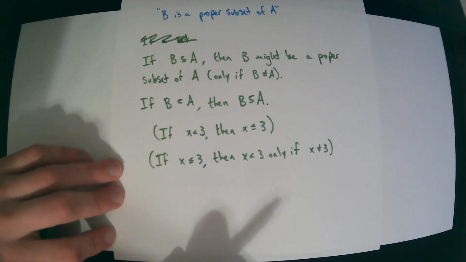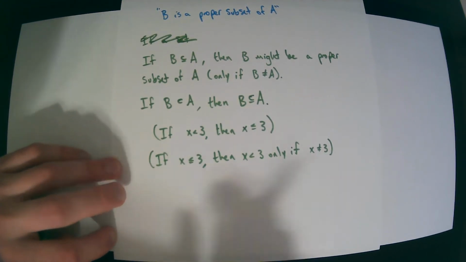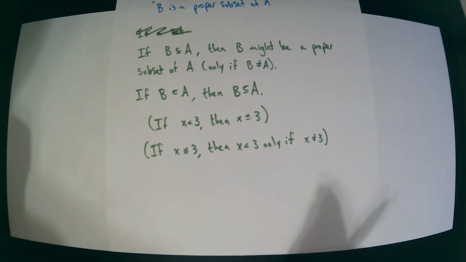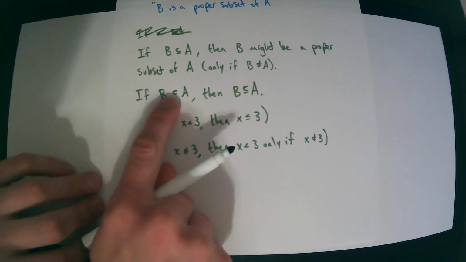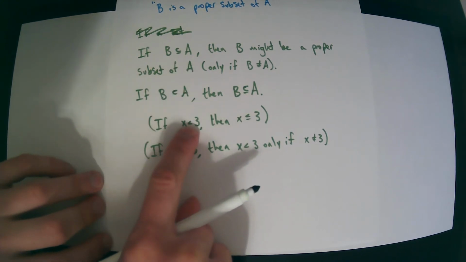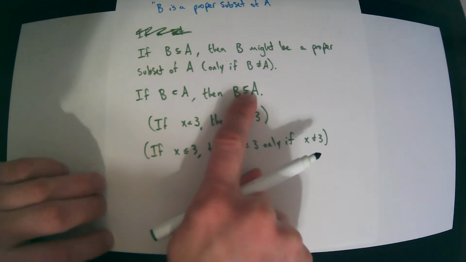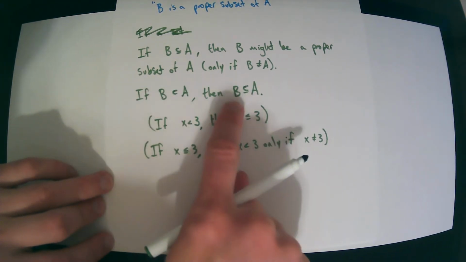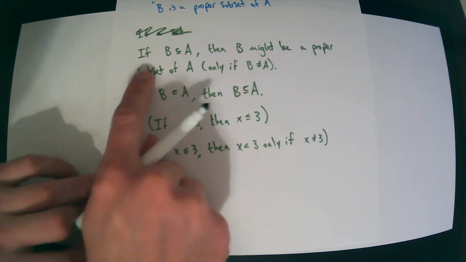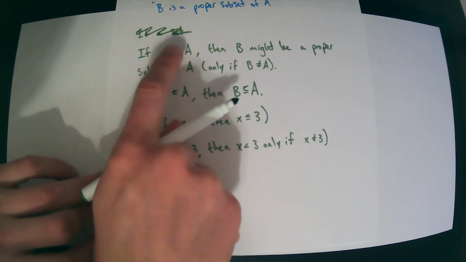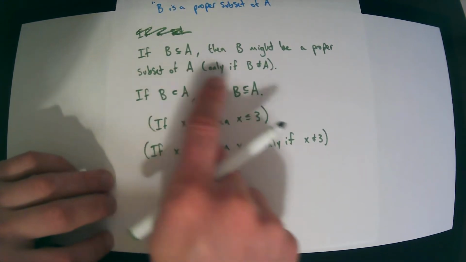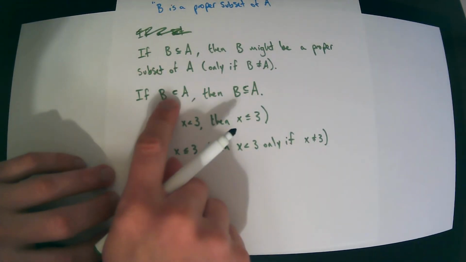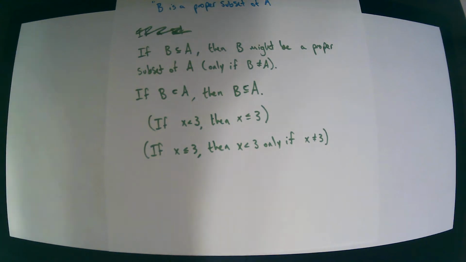Okay, I hope that makes sense. It's a little bit of a stretch, but it can help you to remember that this is a more strict symbol, just like this is a more strict symbol, and this is a less strict symbol. So if you can get into this club, then you're definitely in this club. But if you can get into this club, you may or may not be in this club. Okay, so